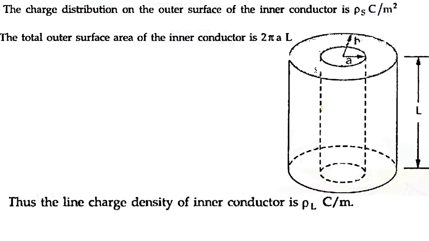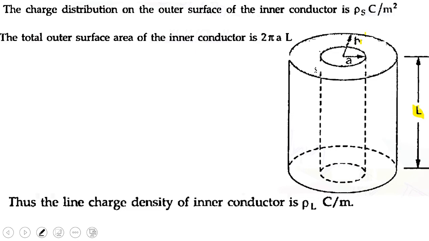In the exam, we used to draw this coaxial cable diagram. It is easy to draw. One cylinder, with the inside cylinder indicated by dotted lines, and we indicate the radius a and b. This is a and this is b, and the length is equal to L. These are the considerations we have taken.